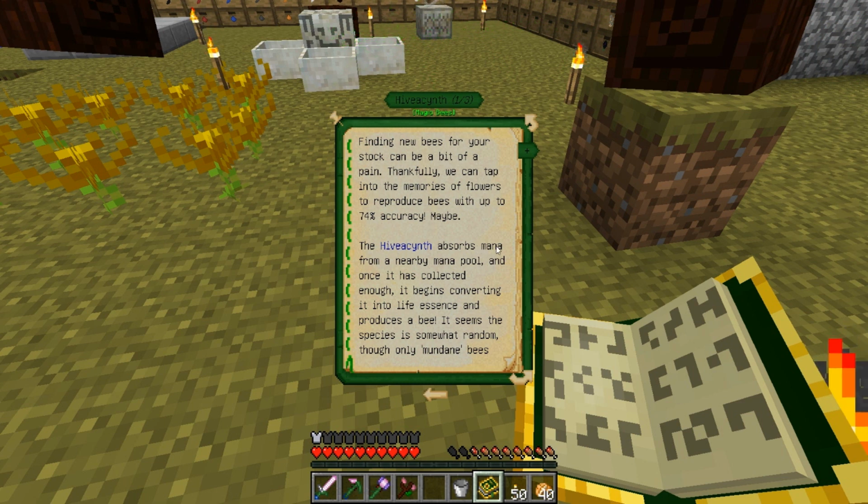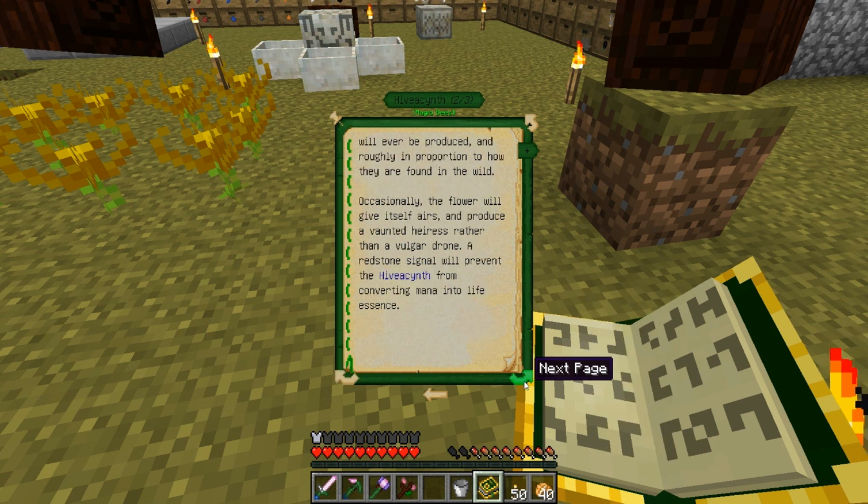It absorbs mana from a nearby mana pool, and once it has collected enough, it begins converting it into life essence and produces a bee. It seems the species is somewhat random, though only mundane bees will ever be produced, roughly in proportion to how they are found in the wild. Occasionally, the flower will give itself airs and produce a wanted bee rather than a vulgar drone. A redstone signal will prevent...